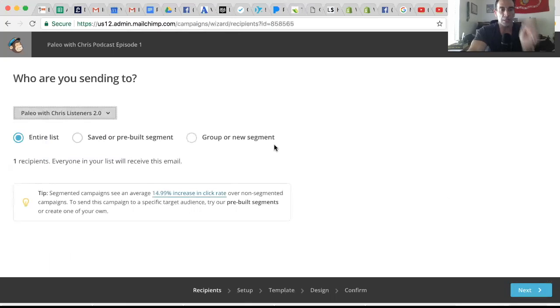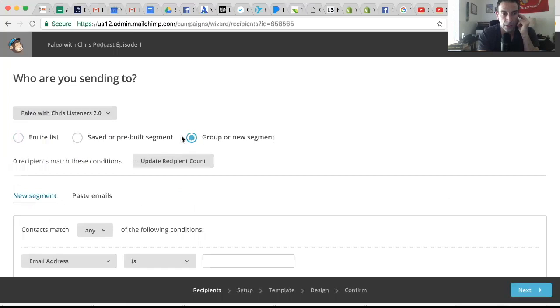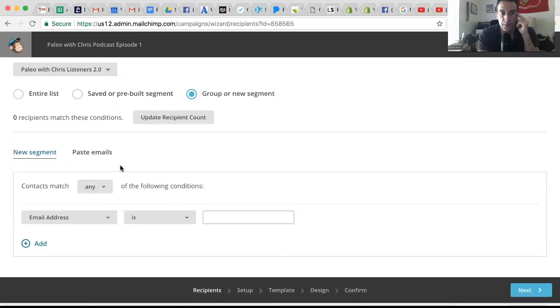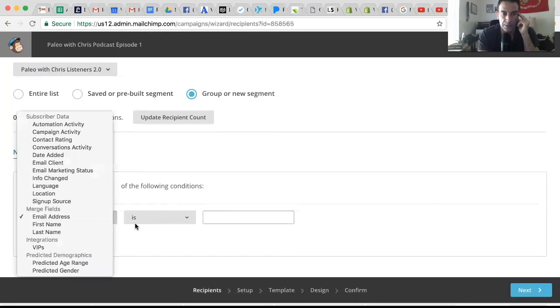Now, here's the thing. You can start to segment your group, right? So you can click certain dates. If you were to do a group or a new segment, you just click on this. What Mailchimp allows you to do is say contacts that match any of the following conditions. Email address is blank, right? You can go to, I think it's